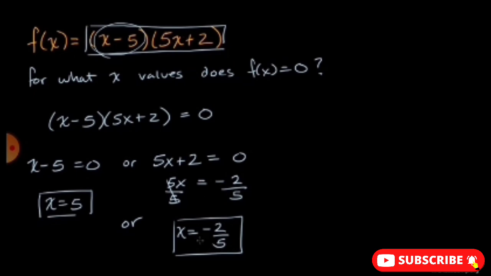And if you take f of negative 2/5, it doesn't matter what this first expression is. The second expression right over here is going to be 0. 0 times anything